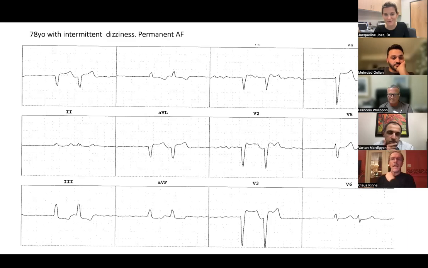Klaus, do you remember? Yeah, this is really just for fun, because we don't do EP studies on patients who have heart block. So this is a 78-year-old lady, permanent AF, has been in AF for years, with intermittent dizziness. And this is her ECG, AF with these funny sort of pairs of beats. And then when I put in the left bundle lead,